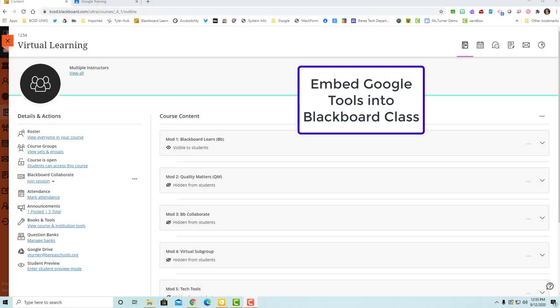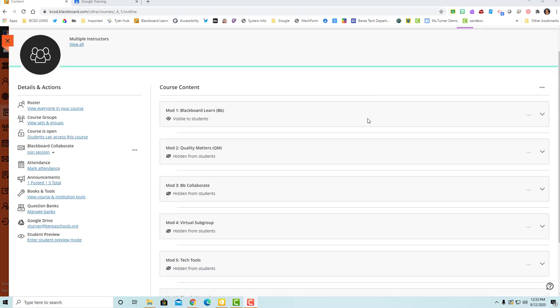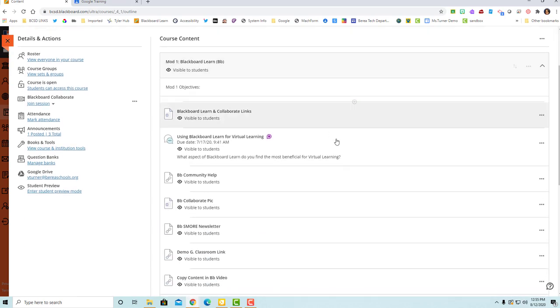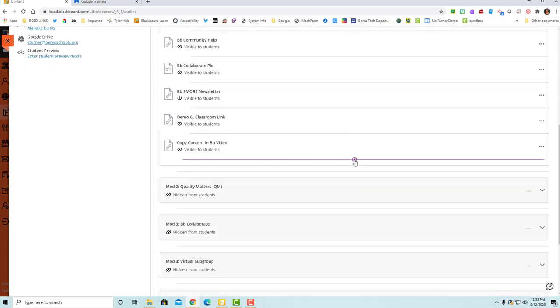I'm going to show you a couple different ways you can embed Google tools into your Blackboard account. So I am in the instructor account, so you see some things are visible, some things are hidden. That's going to look different when I go into Student View. So I'm going to go in Mod 1, and I'm going to scroll down to the bottom here where the